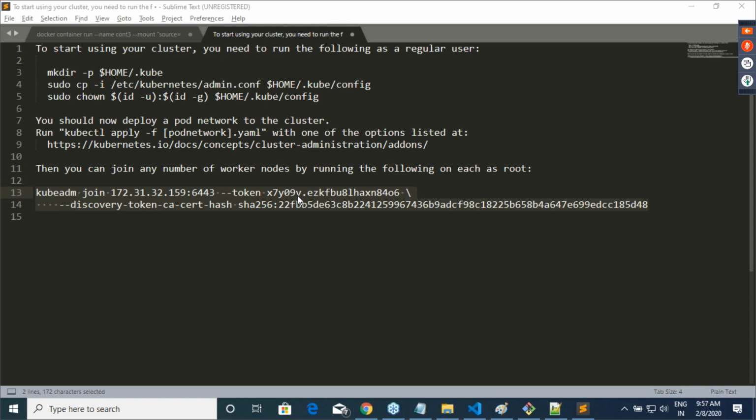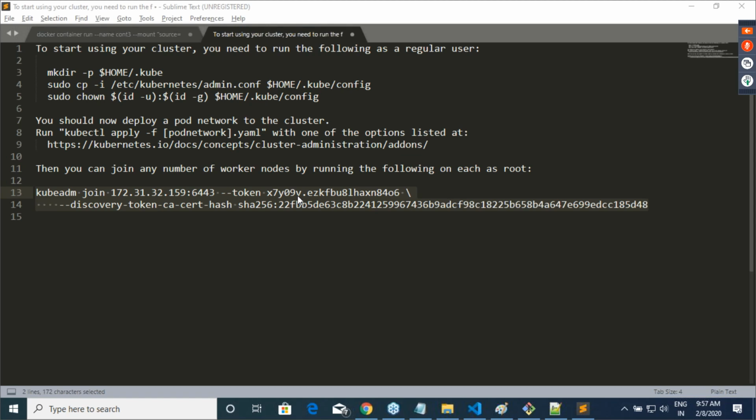Weave Net is not different from a pod network. Weave Net is a pod network. Flannel is a pod network. Each pod network will have some networking design specification differences, but today we don't know about them. Still, I had to say that there is something called a pod network. That's the whole point.